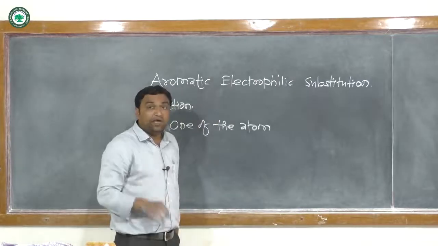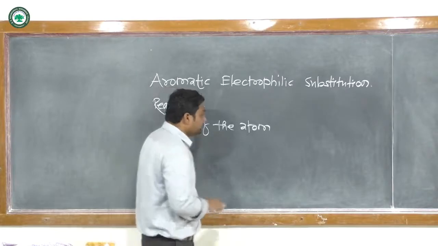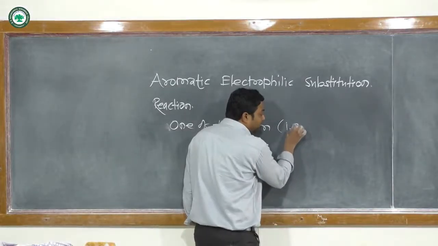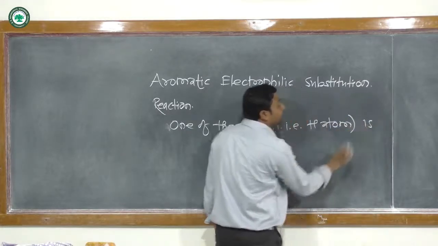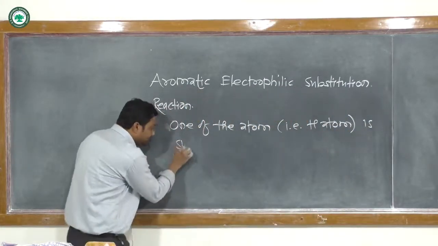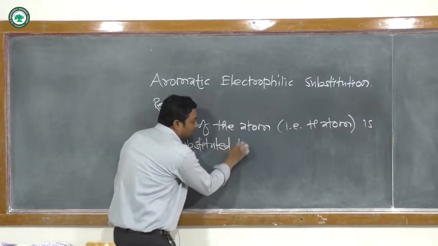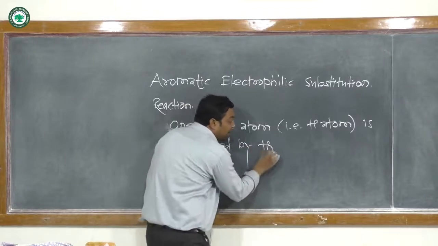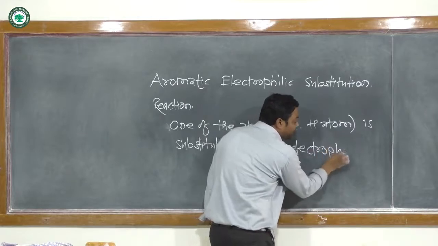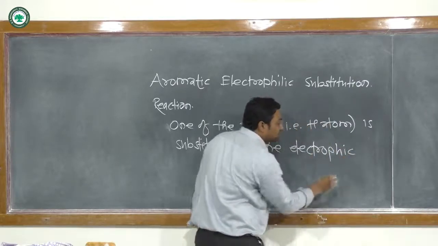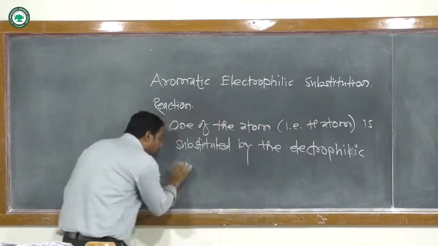Generally that atom would be the hydrogen atom present on the aromatic ring, that is, the hydrogen atom is substituted by the electrophile or electrophilic species or electrophilic part